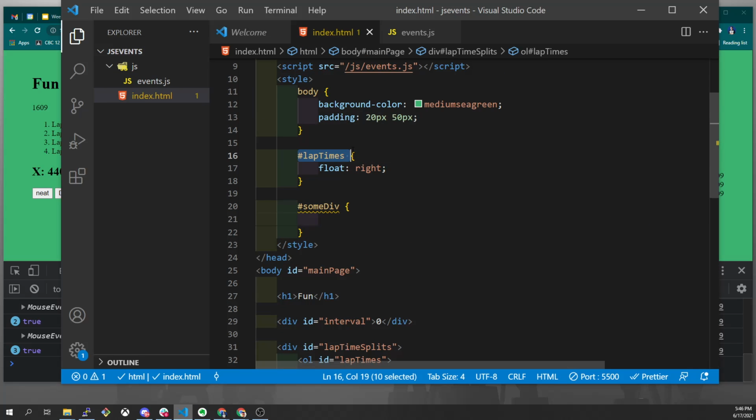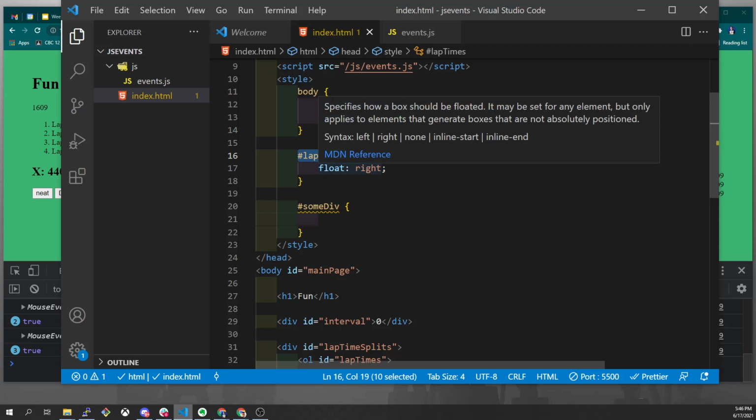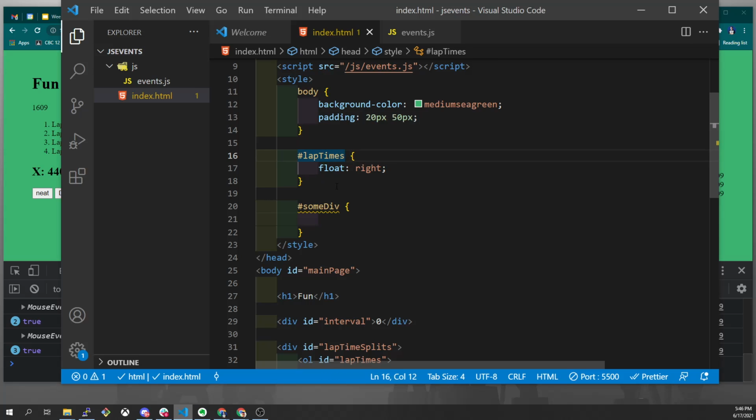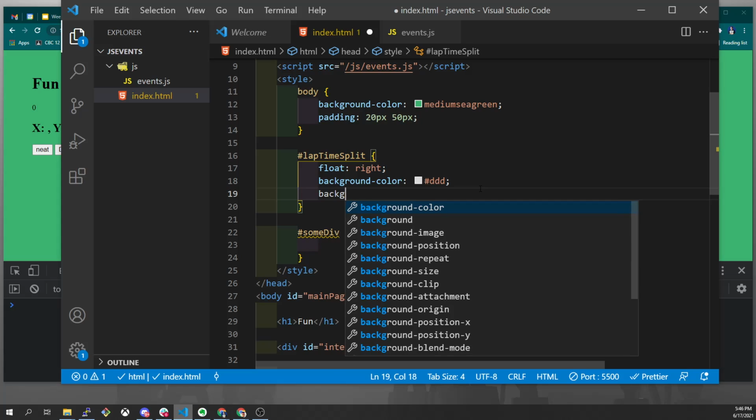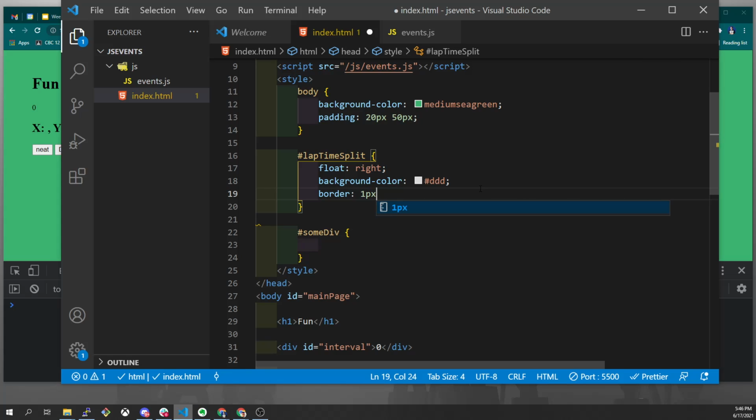Because we had our float assigned to our ordered list, as soon as I took that ID away from it, it stopped referencing this element. So let's change this to lap time split so that the div itself, and maybe what we do is give this a background color so it looks different. We'll say like DDD, right? So like a light gray. And we'll do border 1px solid